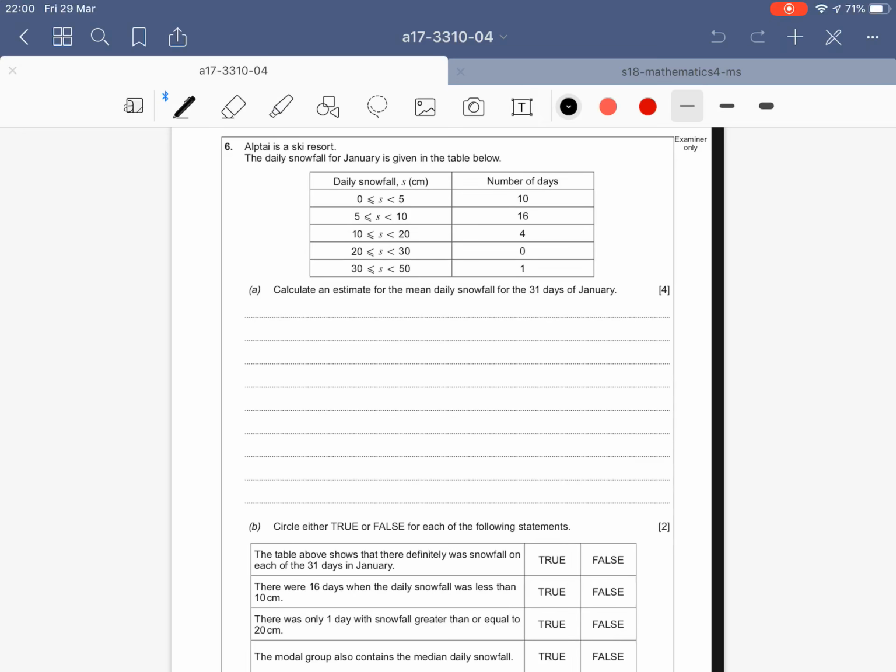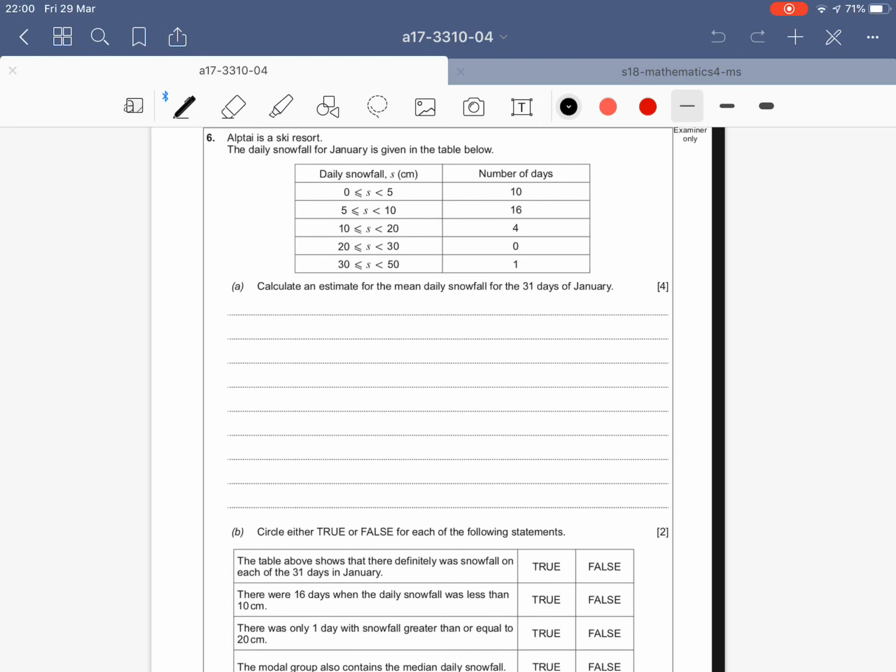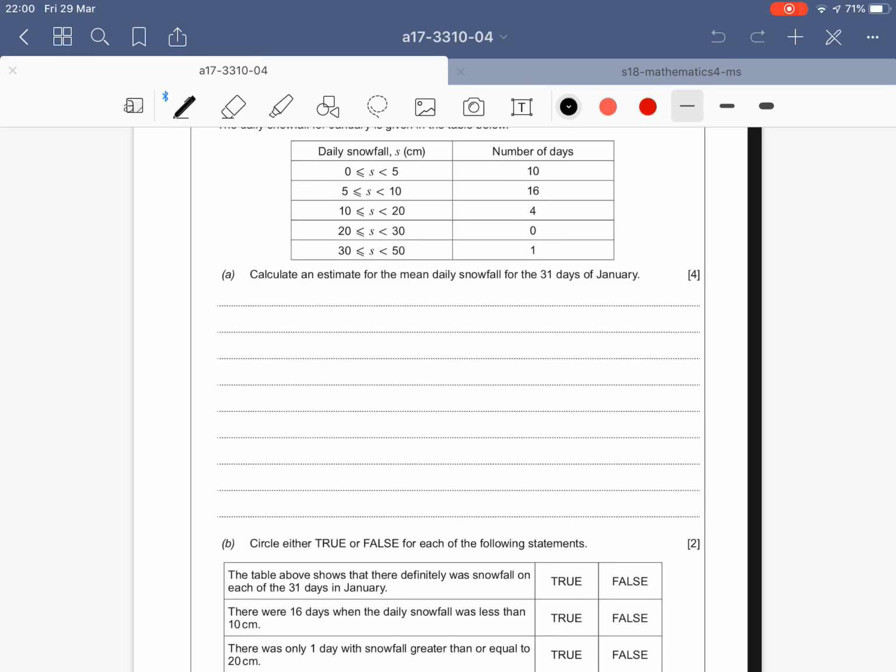Question 6. The daily snowfall for January is given in the table below. So we've got this frequency table. We've got to calculate an estimate for the mean of the daily snowfall for 31 days of January. So if this was a normal frequency table, all we would do is times the two columns, but